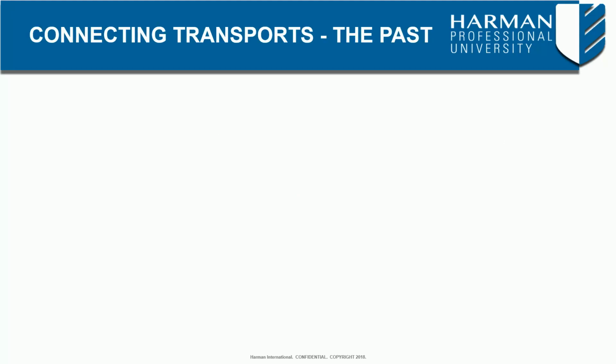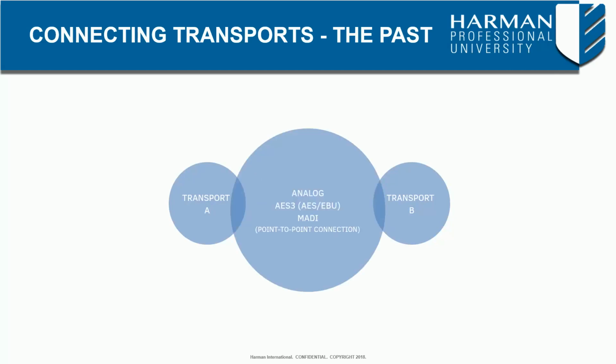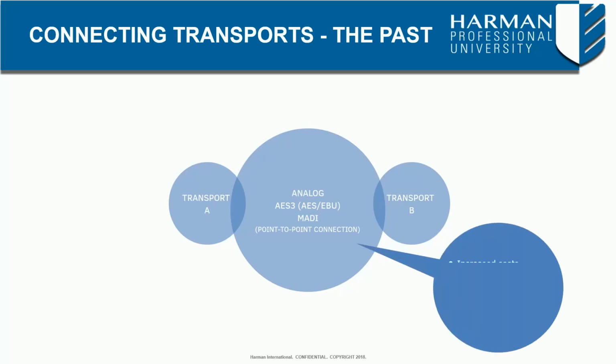In the past, when faced with the need for propagating audio between two or more systems utilizing dissimilar audio transports, we've relied upon using point to point connections such as analog, AES3, or MADI, just to name a few examples. These point to point connections, while proven reliable in many installations, can come with their own set of drawbacks considering the increased cost when accounting for the additional need of hardware, which in turn can also lead to other potential points of failure. Factor increased latency added in the transcoding stages and possible signal degradation as analog audio passes through multiple conversions of analog to digital and digital to analog, and we're left wondering if there's an easier way to